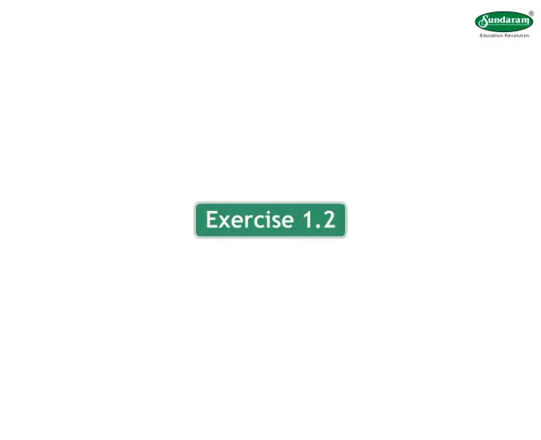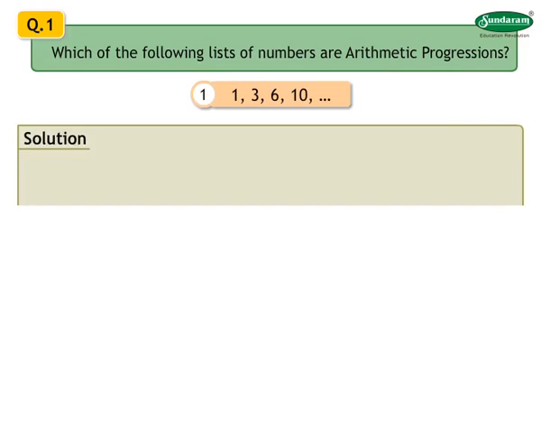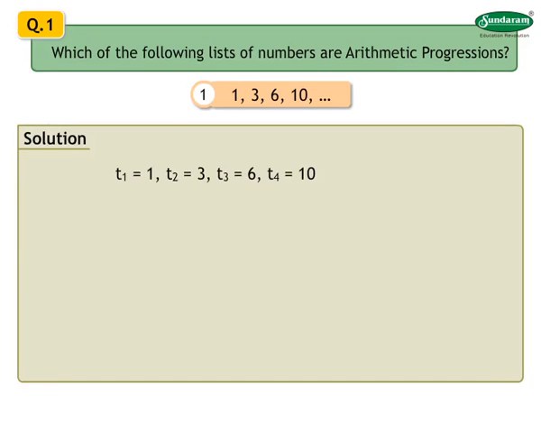Let us solve from exercise 1.2. Question 1. Which of the following list of numbers are arithmetic progressions? Number 1. 1, 3, 6, 10 and so on. Solution. T1 is equal to 1, T2 is equal to 3, T3 is equal to 6, T4 is equal to